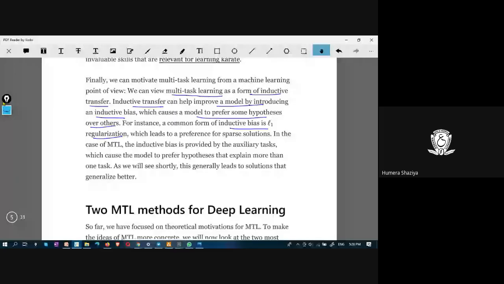There is a concept which actually is used in multitask learning, which will make this model learn about the general things. And this inductive bias is provided by the auxiliary task. Auxiliary task means the other tasks which are related to the primary task.